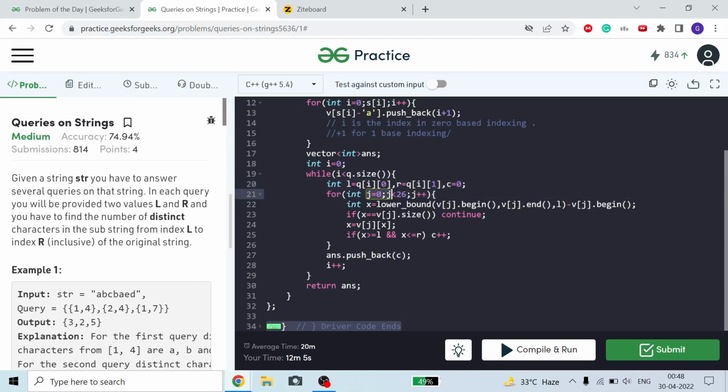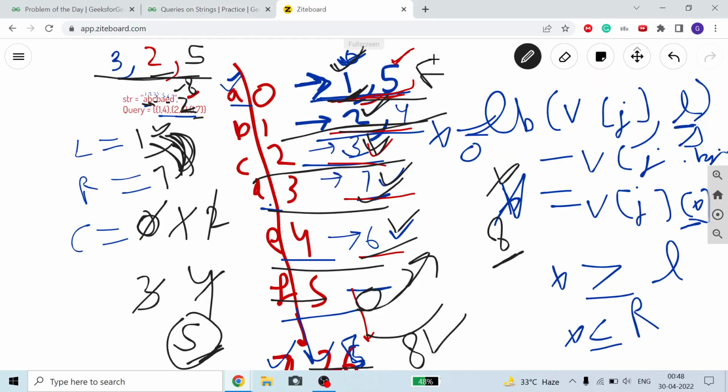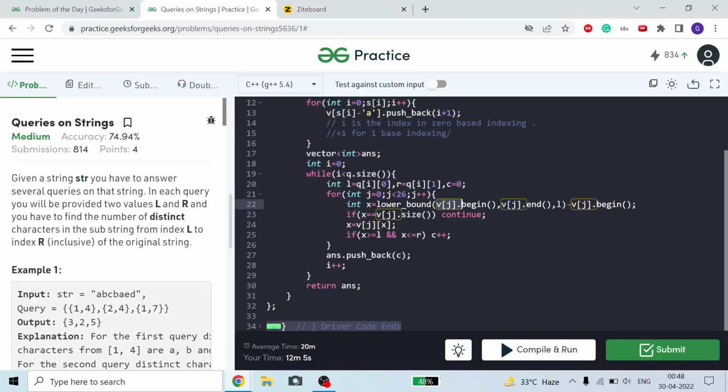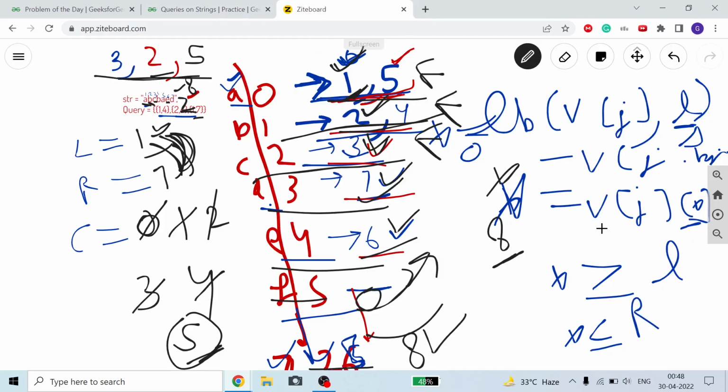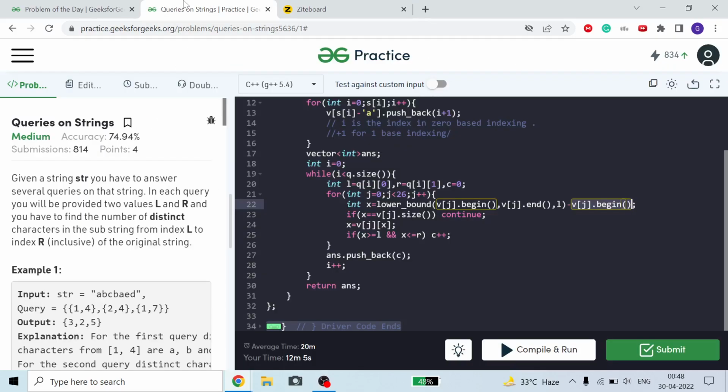Now for j equal to 0 to less than 26, means j will run from 0 to 25. 0 means a, 1 means b, similarly 25 means z. For all characters I will check the lower bound in my vj array, because jth is a character array. This is the v0 array, this is the v1 array, this is the v2 array. Okay, these are 26 arrays I will check. From beginning to end I will check the lower bound of L, and decrement the vj dot begin. So I will go to the index, and if my index is equal to the size